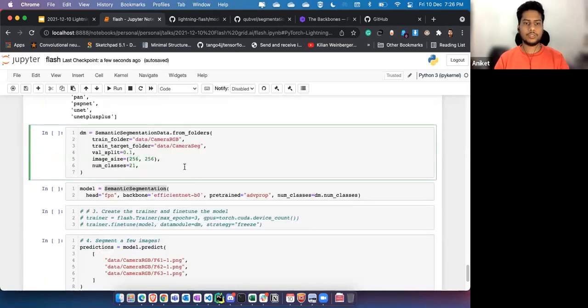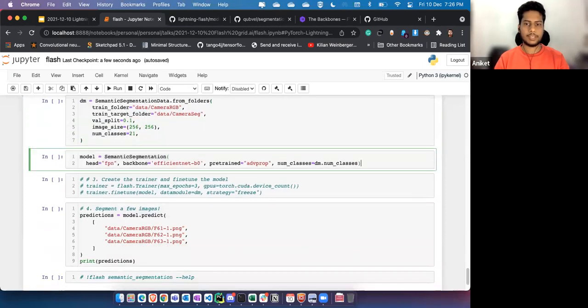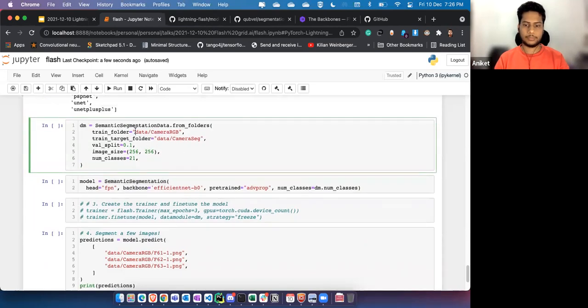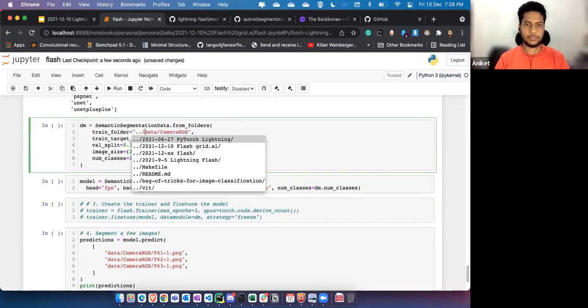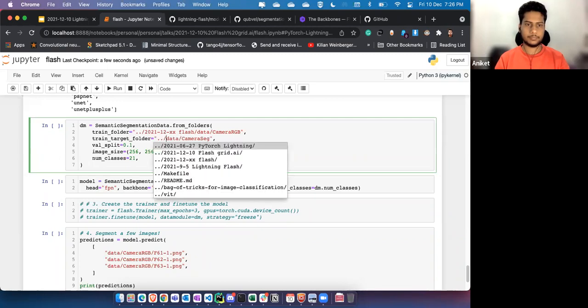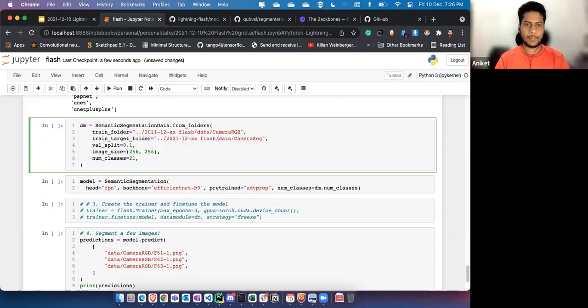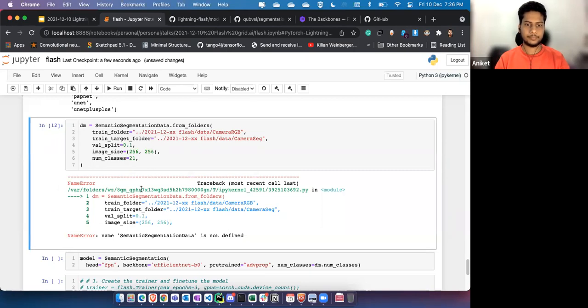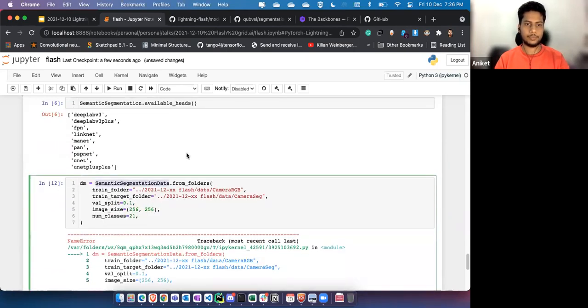So to load the semantic segmentation model, we can provide a head and a backbone. Let me see if this is available for me. Okay, I have to import this first.